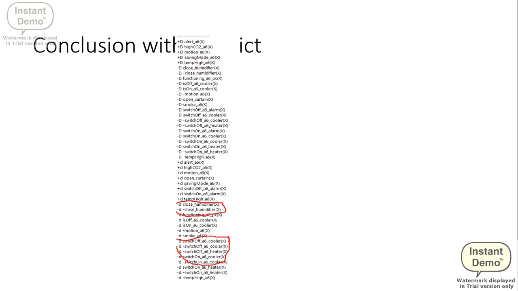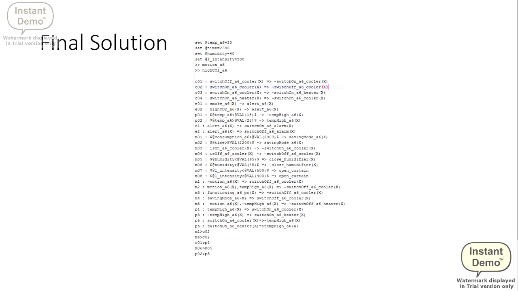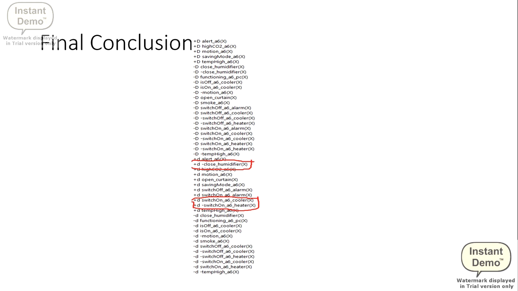How can we prove that? With this. That means they are not provable. So how to solve this? We just added some superiority relation exactly on this side at the end. We just assume that it is actually summer season. That means temperature is generally high, so the cooler will be on. So we give the cooler priority. And another thing we did for the humidifier is when the humidity is below 45%, then it will be triggered, not the 65% rule.